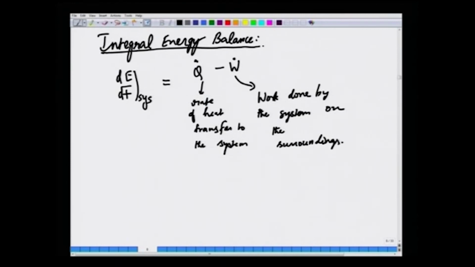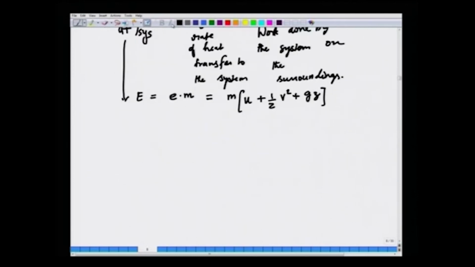Now, we can convert this to the where E is essentially E times mass, the mass of the system, and that is equal to mass times U, the specific internal energy, plus half V squared, specific macroscopic kinetic energy of flow, and the potential energy g Z times m. Okay. And when we apply the Reynolds transport theorem, we said that this must be equal to d dt of integral over the control volume rho E dV